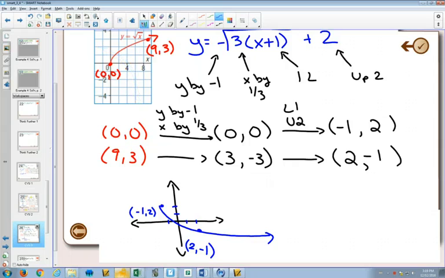Okay, questions 8 and 10. What's the domain and range of our final graph here? Our domain, x has to be bigger than or equal to -1, and our range, y is less than or equal to